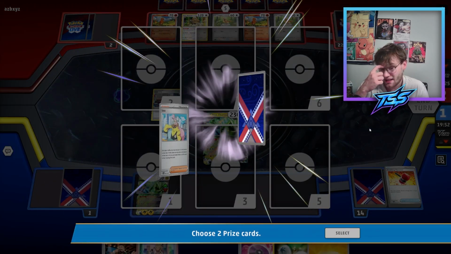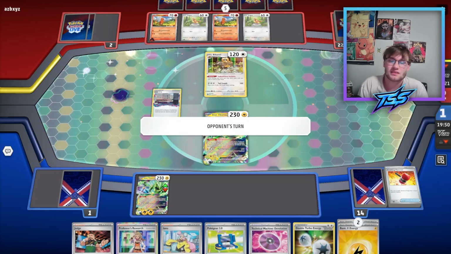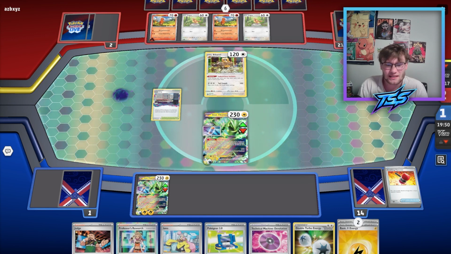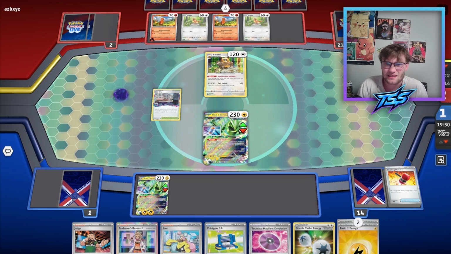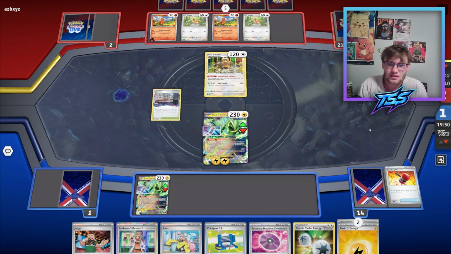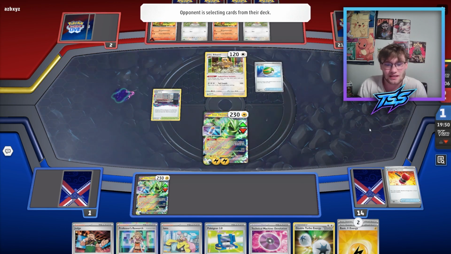Here's 2 prizes. Iono Pokégear. Pokégear can help us find a boss, maybe. Barrel comes up. I'm not sure what Barrel comes up for because we just take game if it stays. Probably would have liked to see any other Pokemon counter catcher. I think they might just be scooping here because they're...